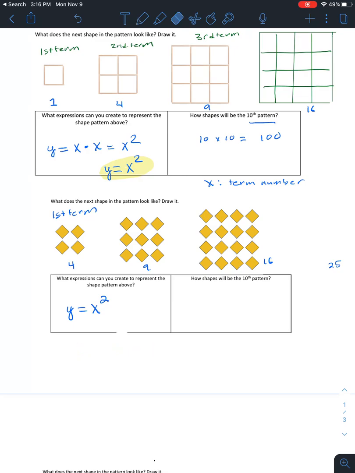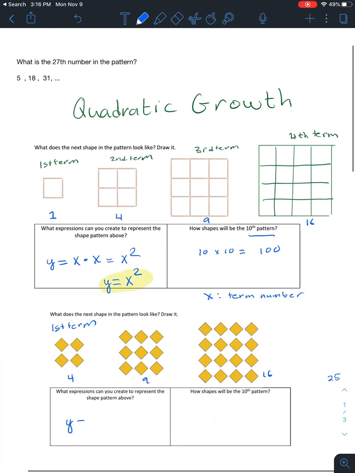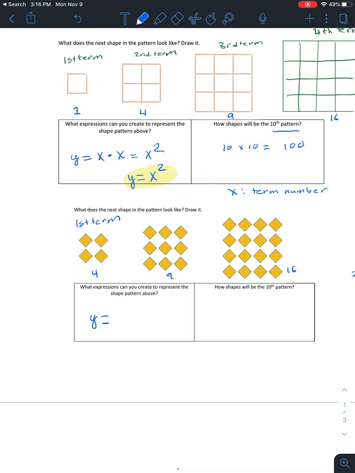So I'm going to erase this, and remember that x represents your term number. So if I'm looking for my first term, and I know that x has to represent that, the way that this is different than this is the fact that it has 1 more in each row and column. So this one is going to be x plus 1, and this is going to be x plus 1. Just because we have 1 more of each. So here I can write x plus 1 times x plus 1,